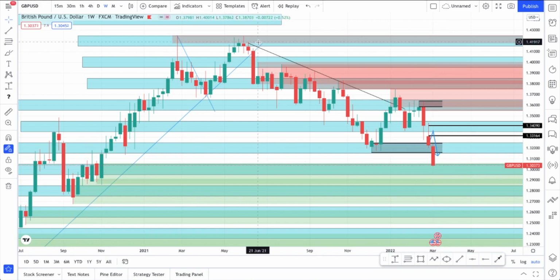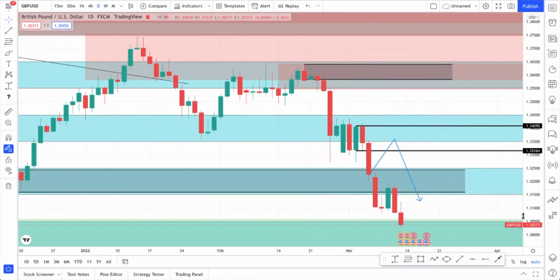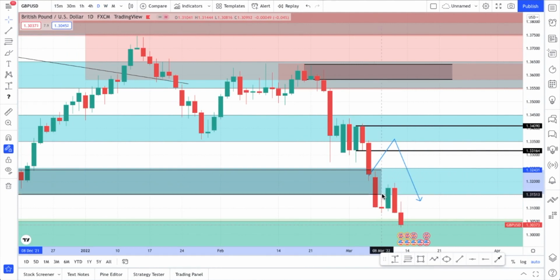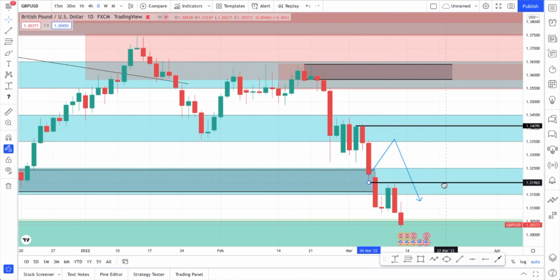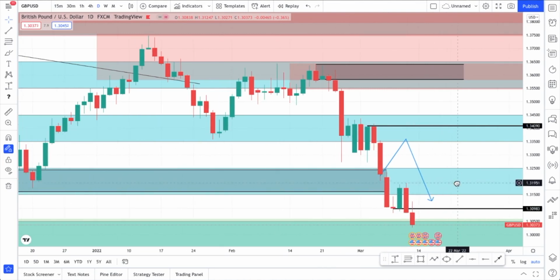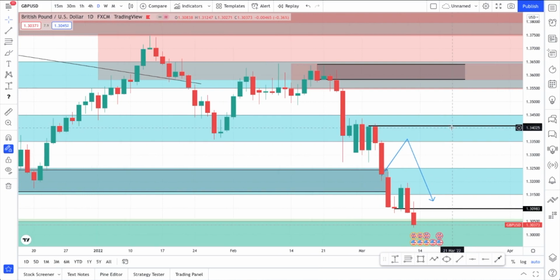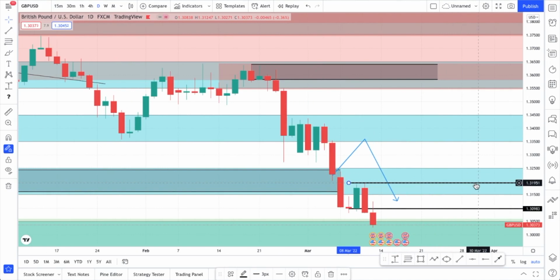So if we move down to the daily time frame, we can see that this daily demand zone here did not work, and since then prices have broken below it. So I would say that levels which I could take due to this risk off sentiment have now moved here to the most recent supply zone. Again, if this risk off sentiment dies out, then these zones from my end are no longer valid.